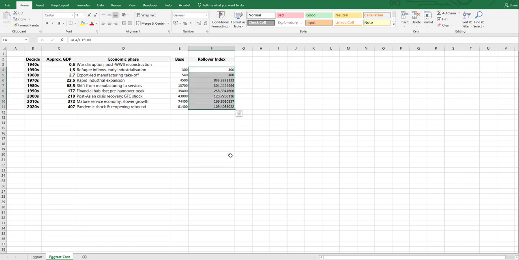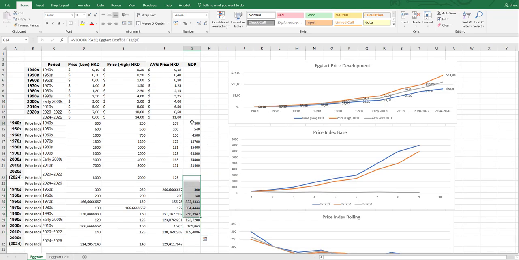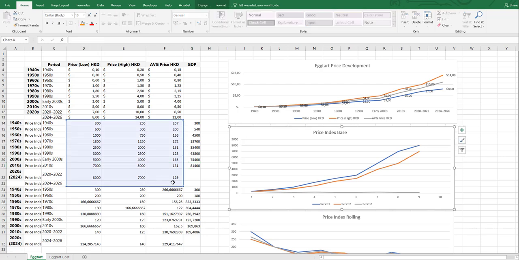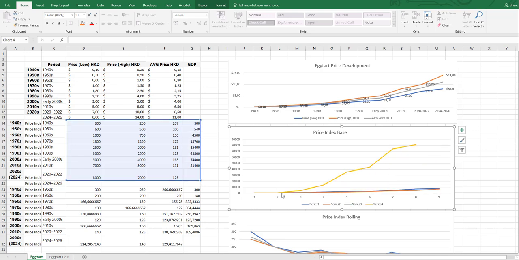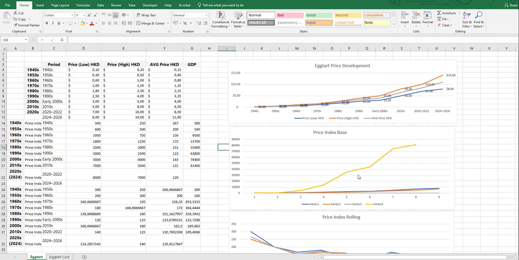Maybe I can change the data for this one as well, where we see at first the economy was growing much faster than